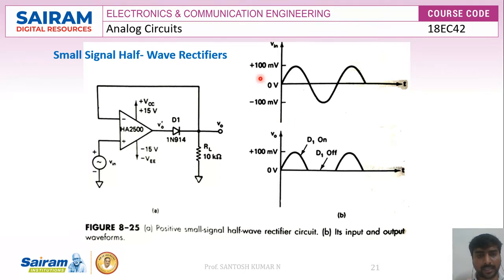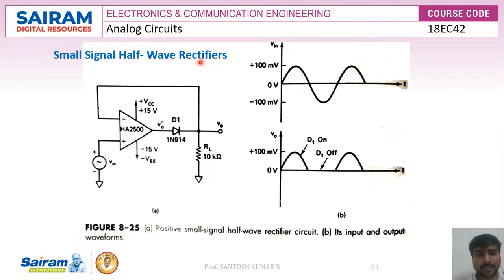In fact, a rectifier is a device which converts AC into pulsating DC, or alternating current into pulsating direct current. So that is the work of rectifiers. In simple terms, rectifiers are circuits which convert AC into DC. The half wave rectifier we have already studied in basic electronics, where only one particular cycle is allowed to the output and the other cycle is rejected.